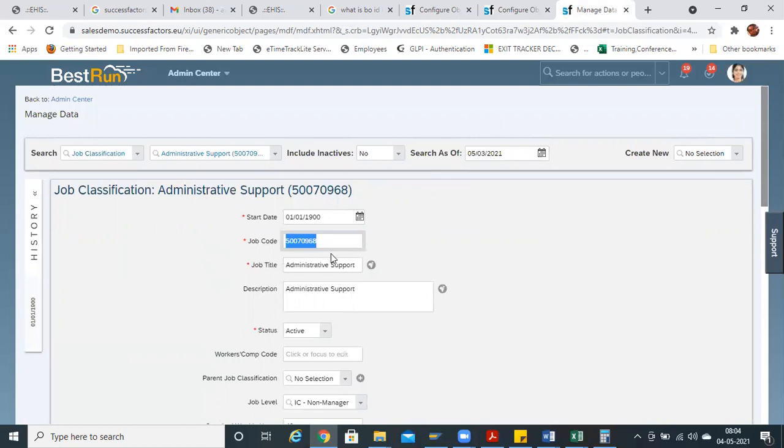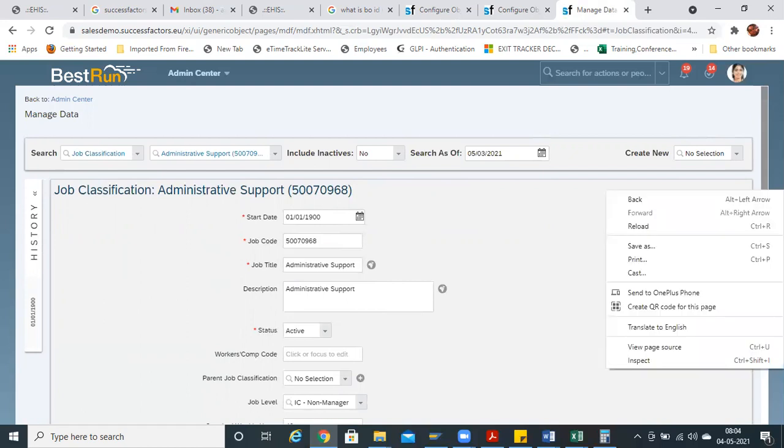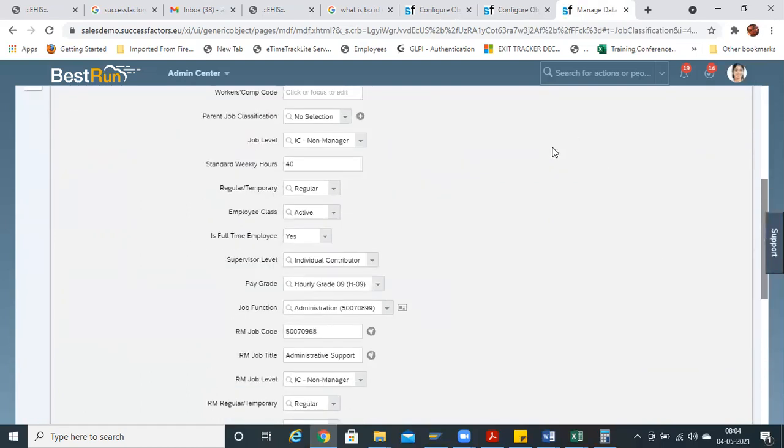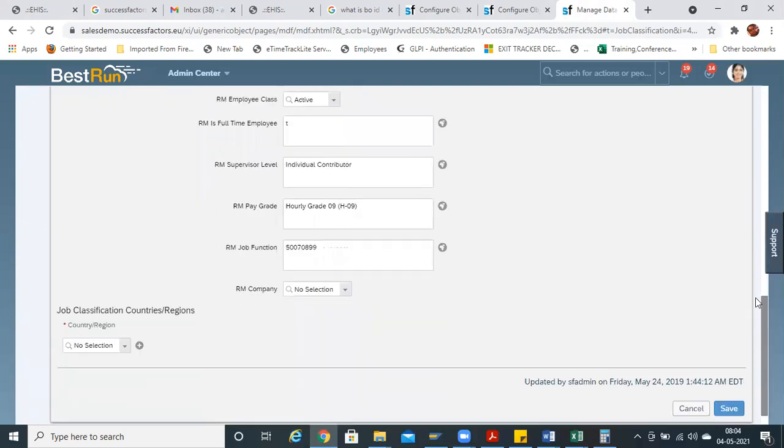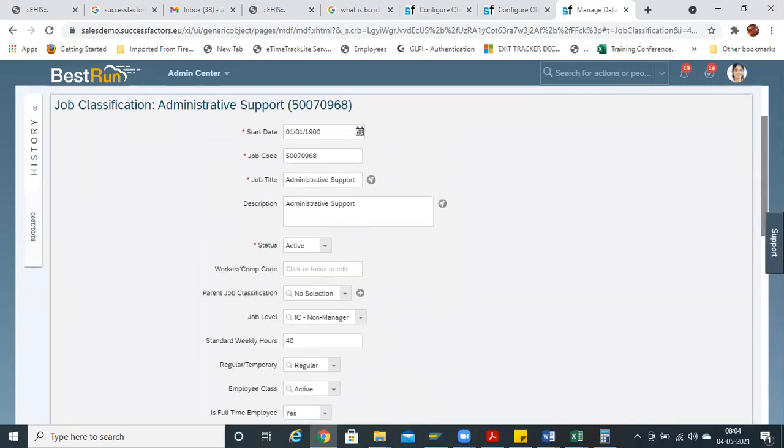Then for job code or job title field, you have to select it from the drop down. Then certain values will be defaulted like pay grade, hourly based or monthly based, supervisor level, job function. These will be defaulted because we are assigning the values here.